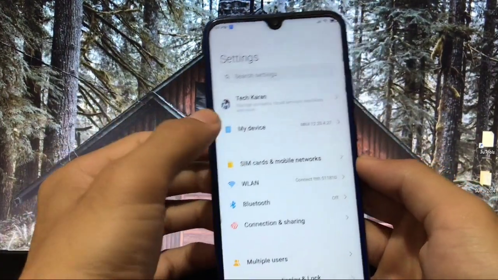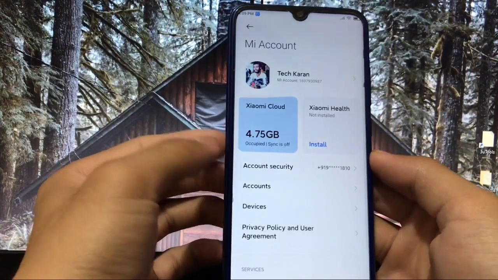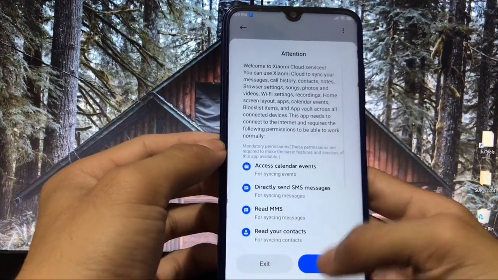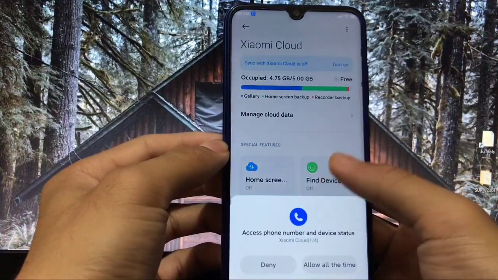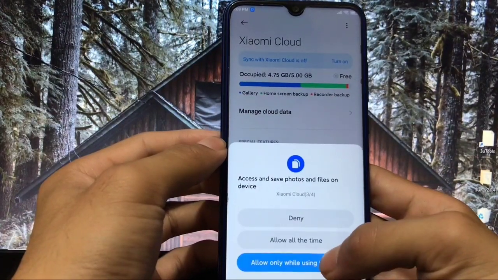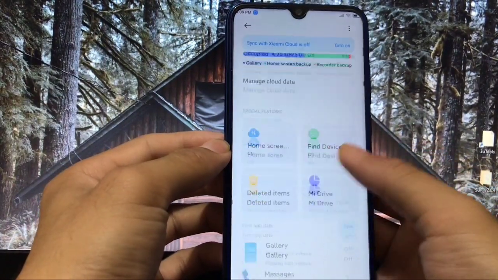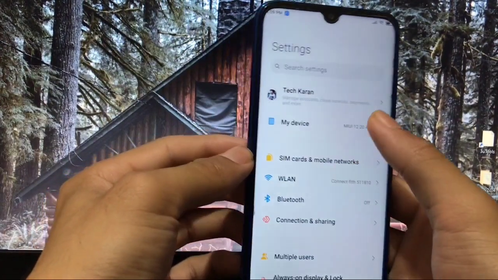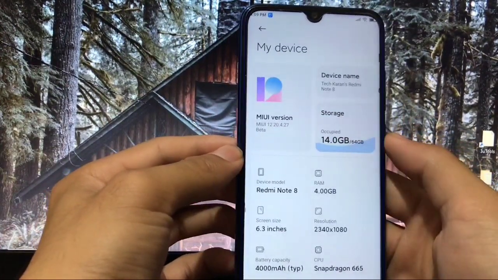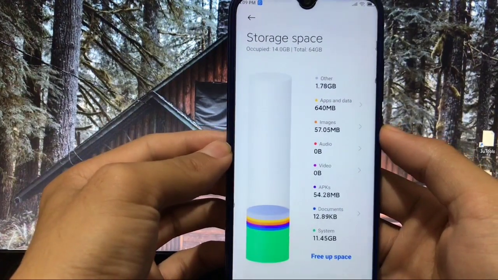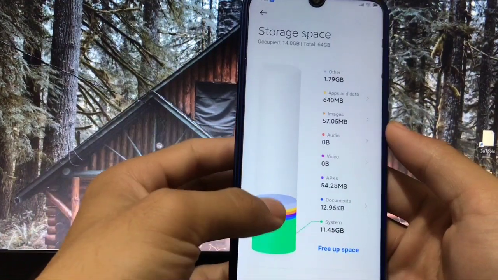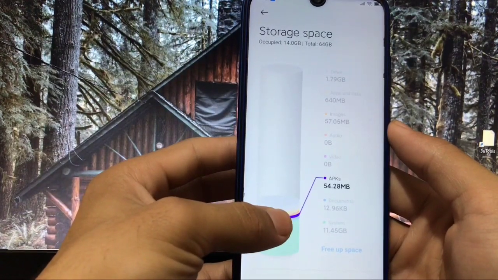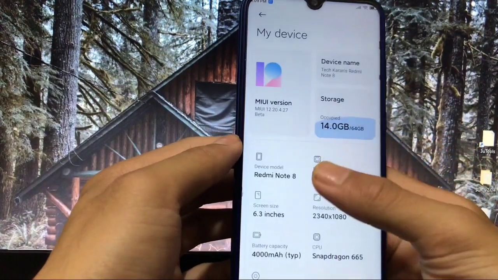In settings, you can see first of all your Mi account. It will show you like this with your Mi Cloud, and here you have a lot of options which you can check out, a totally changed UI, and the new permission manager. A lot of things are available here. When we go to My Device and go to storage, this is also the new menu which you get in the latest MIUI 12 update. And here you can see this one. This looks very cool. These are the things you get here.